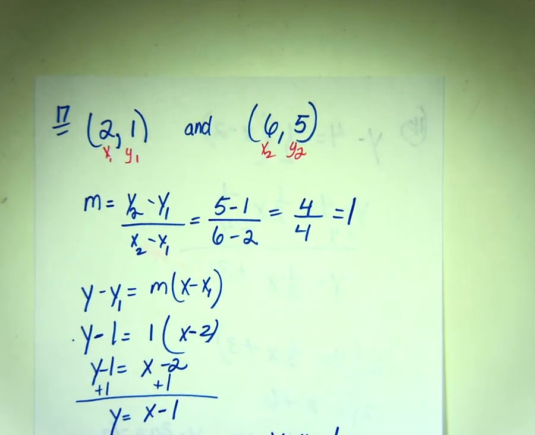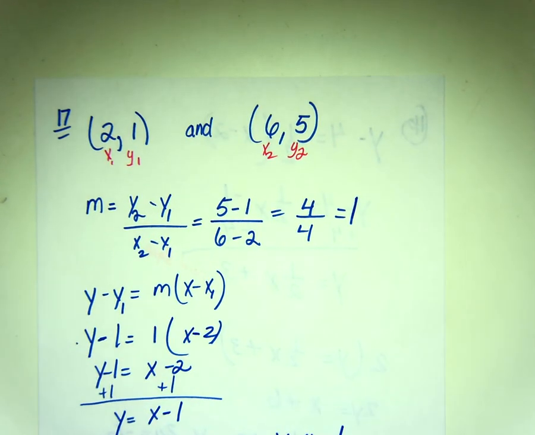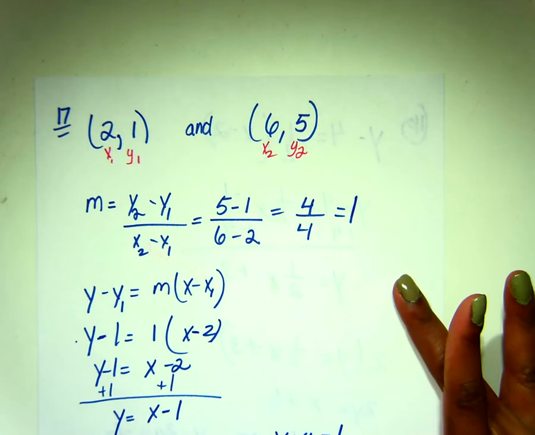Here's yet another one. Given to you are 2 points. They want you to write the equation of a line in standard form. So let me erase this out of the way. One of the first things that I did was try to find the slope by substituting my points in. The next step,